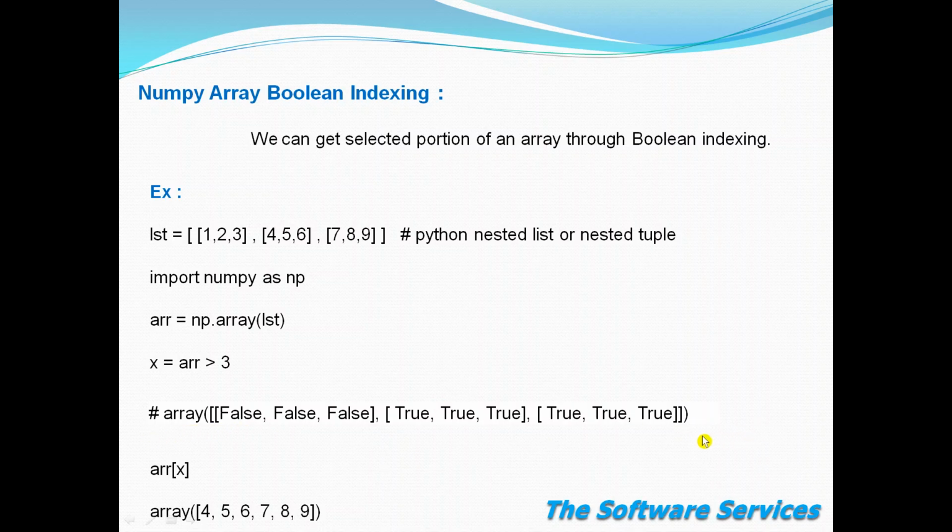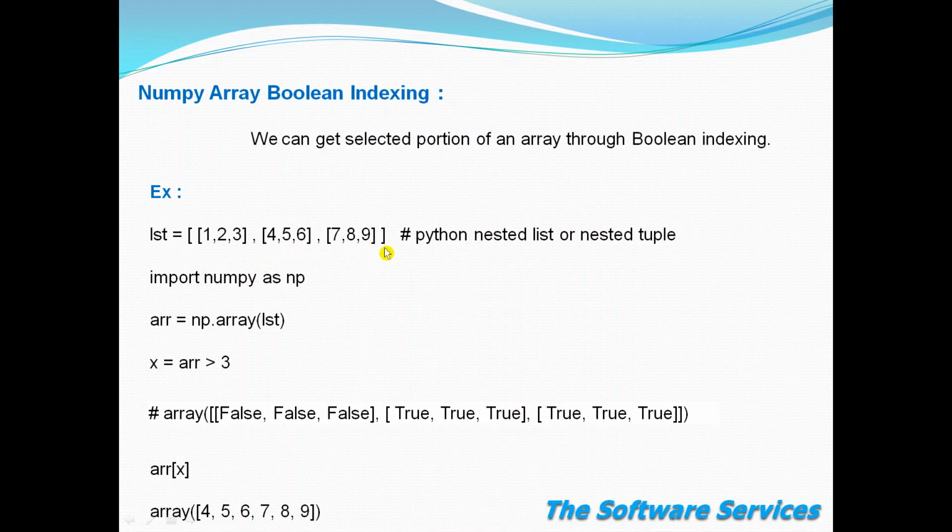Up to this point I think it was clear to you. False, false, false, true, true, true, true, true, true. A 3 by 3 matrix was formed in the x variable. Now what is our aim? Our aim is to extract the numbers which are greater than 3. That means we don't want 1, 2, 3. We want 4, 5, 6, 7, 8, 9. By using Boolean indexing, we are filtering the unwanted things and extracting the